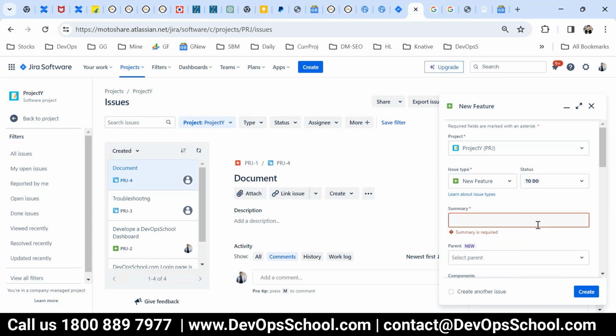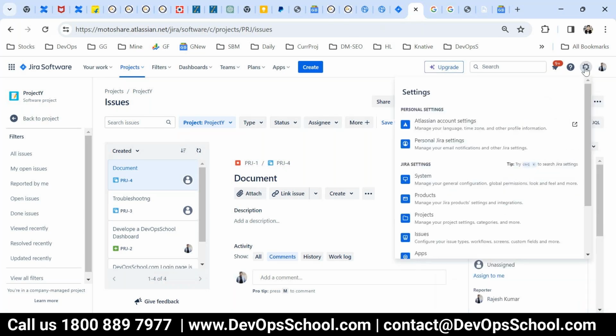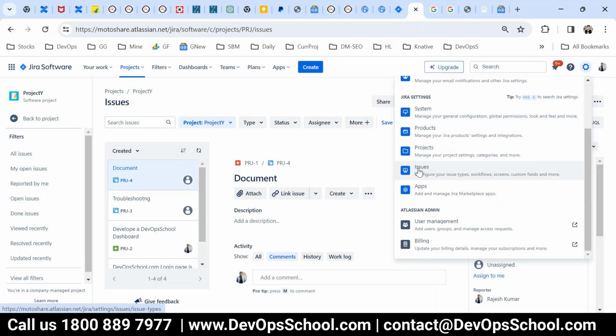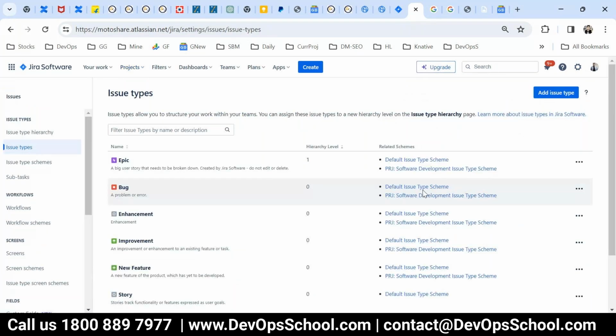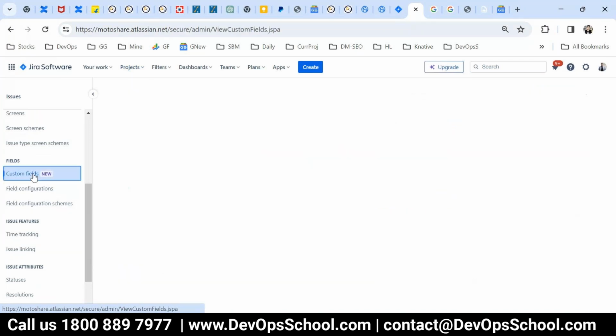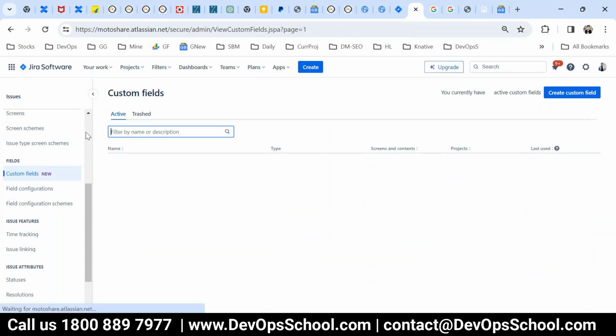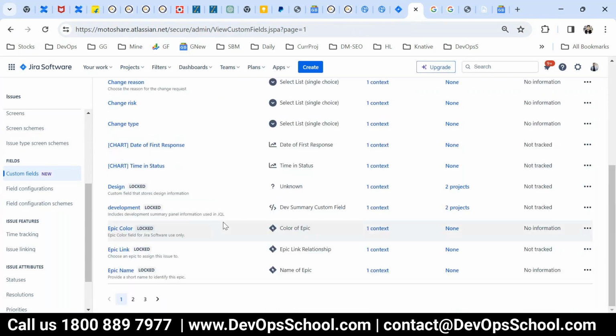Now let's say you want to modify the fields, you want to add new fields. What do we do? For that also you have to go to the same place: settings, issues, and here you see fields. Go to custom fields, and these are the fields which we have actually. Typically in all the demos I add one field which is country, which is not there. Let me create a new field,